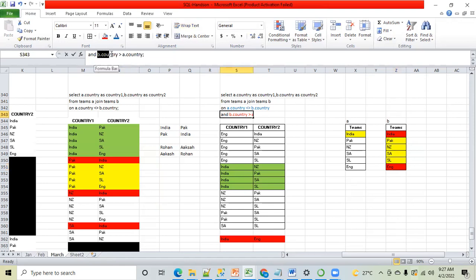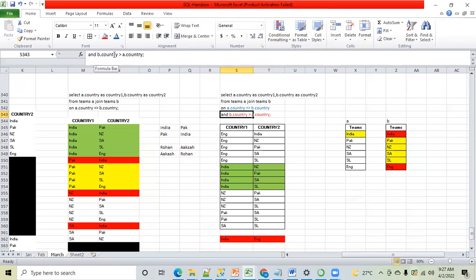Second output is telling that B dot country should be greater than A dot country. You all will be thinking that so far we have studied that 100 is greater than 90. Makes sense, correct? 500 is greater than 400. That again makes sense. 90 is less than 100. Makes sense. Greater than and less than we always use in reference with some integers or floating point numbers. Correct? But here we don't have any numbers and integers. Then how is this working? Let's try to understand this.